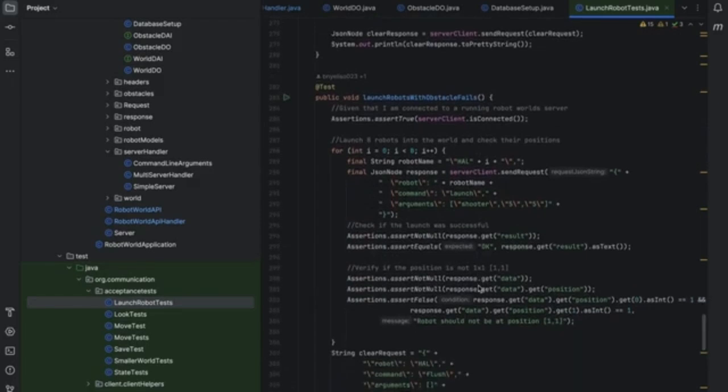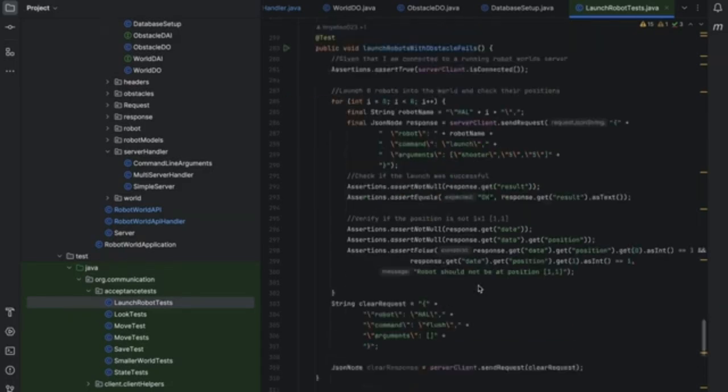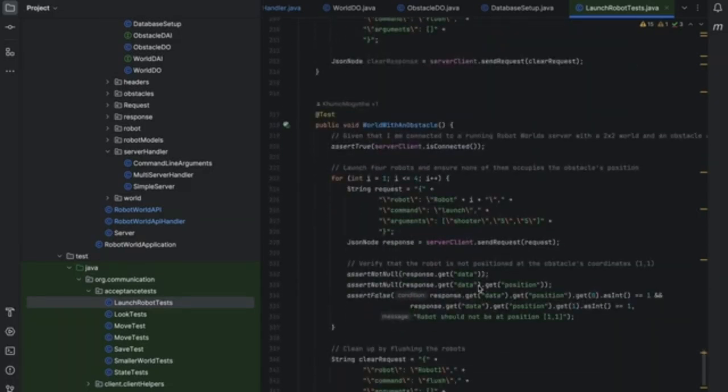Launching a robot with an obstacle ensures that robots do not occupy an obstacle's position. And lastly, the world with an obstacle test, launching multiple robots in a world with a predefined obstacle to ensure they avoid it. Our tools and setup: we use JUnit 5 for structuring and running tests,